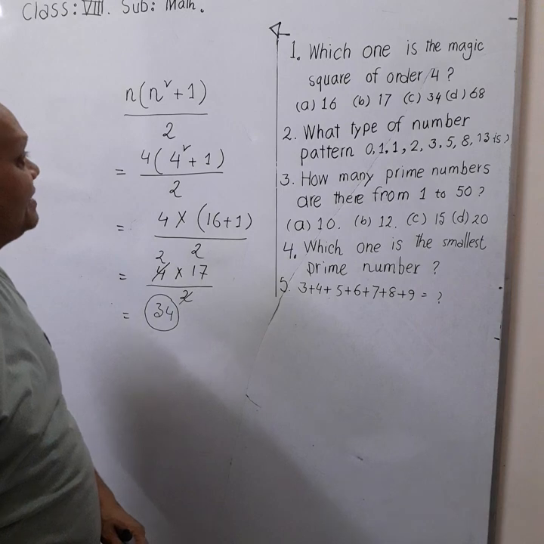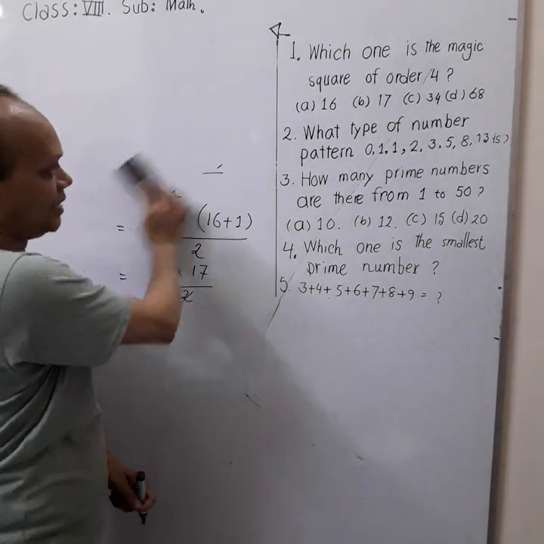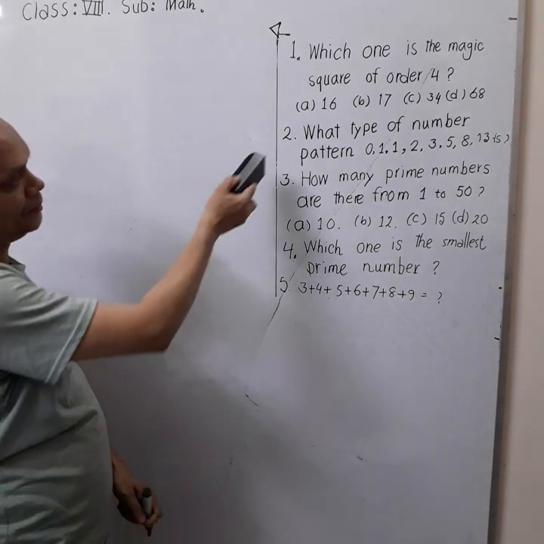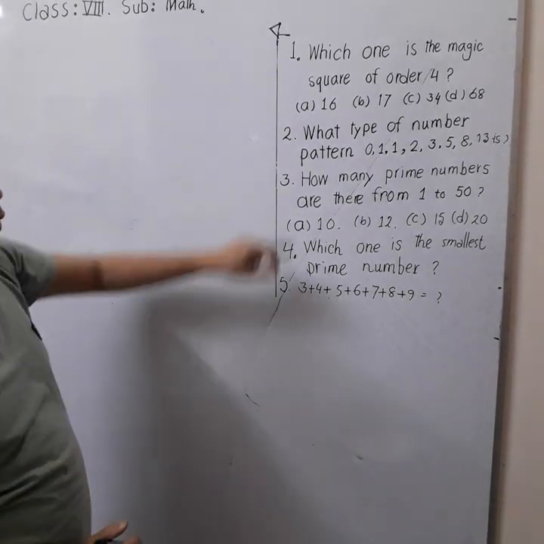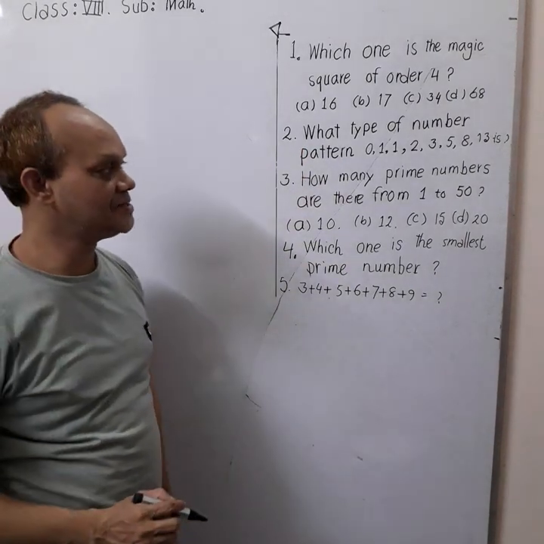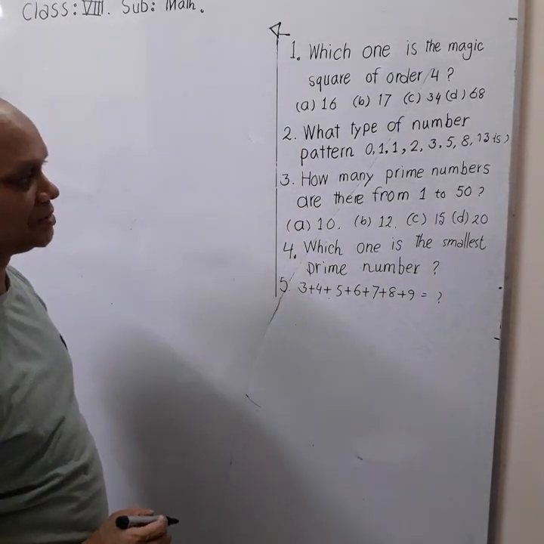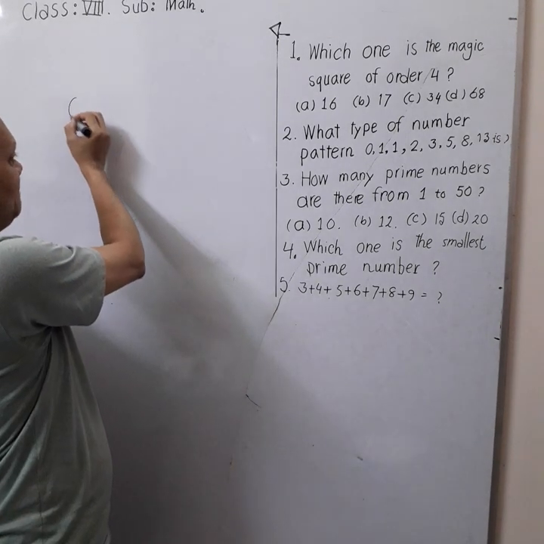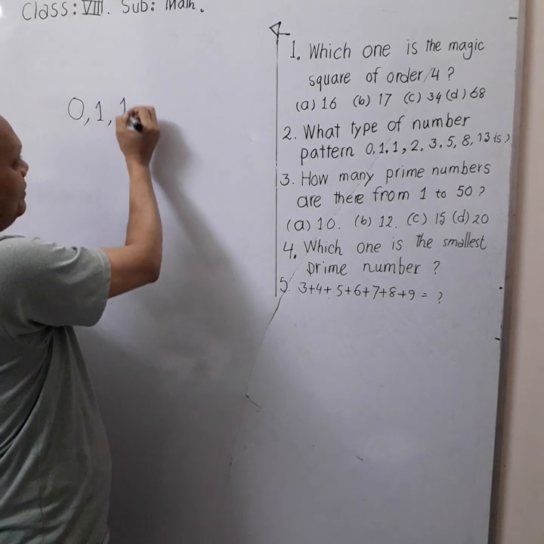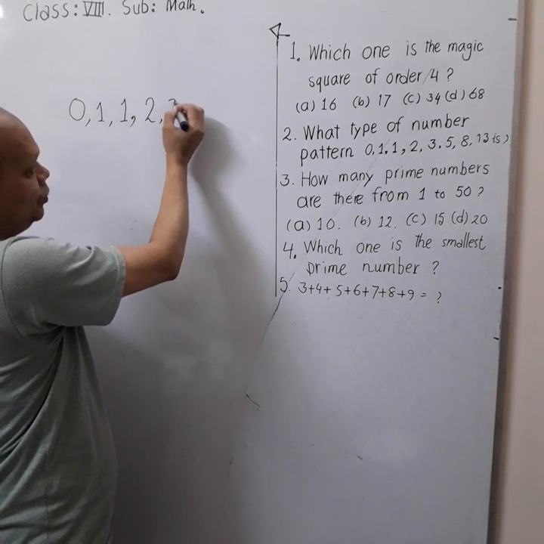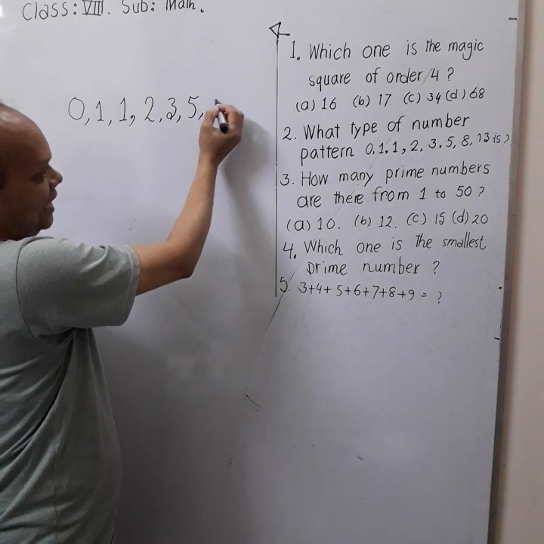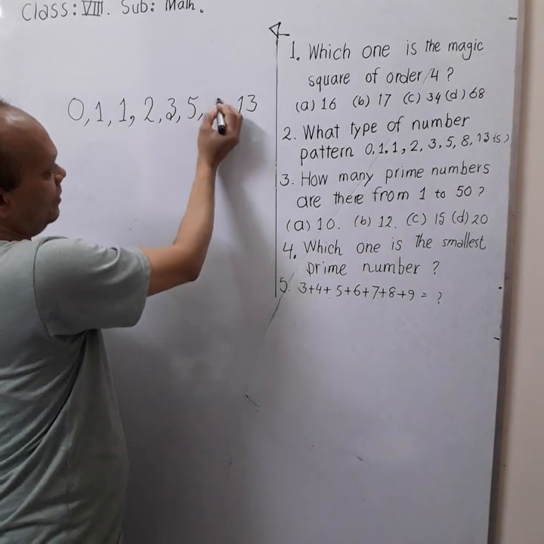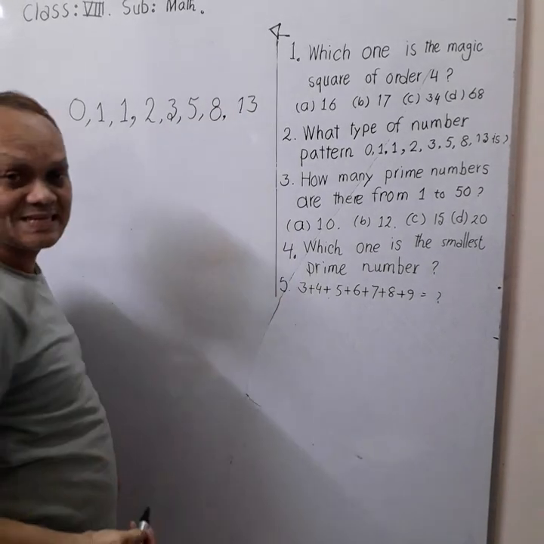So let us erase this one, and now let us talk about question number 2. What type of number pattern is 0, 1, 1, 2, 3, 5, 8, 13? Okay, let us write 0, 1, 1, 2, 3, 5, 8, and then 13. Okay, fine. You see,